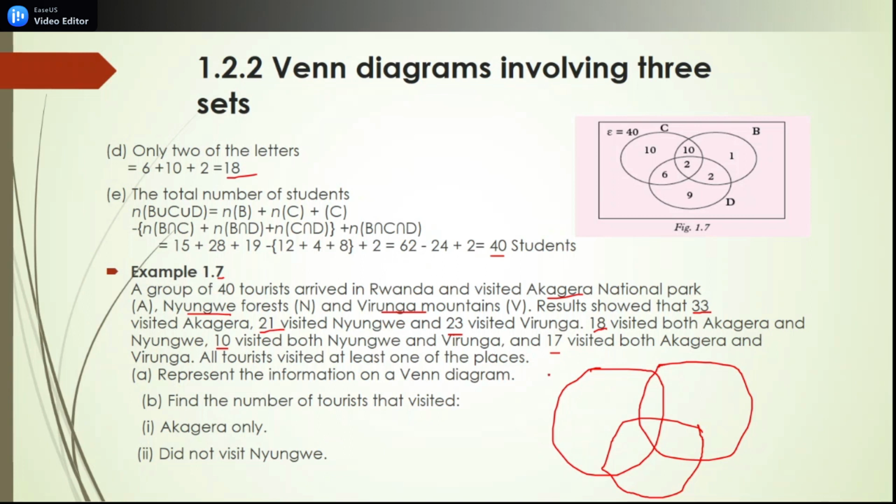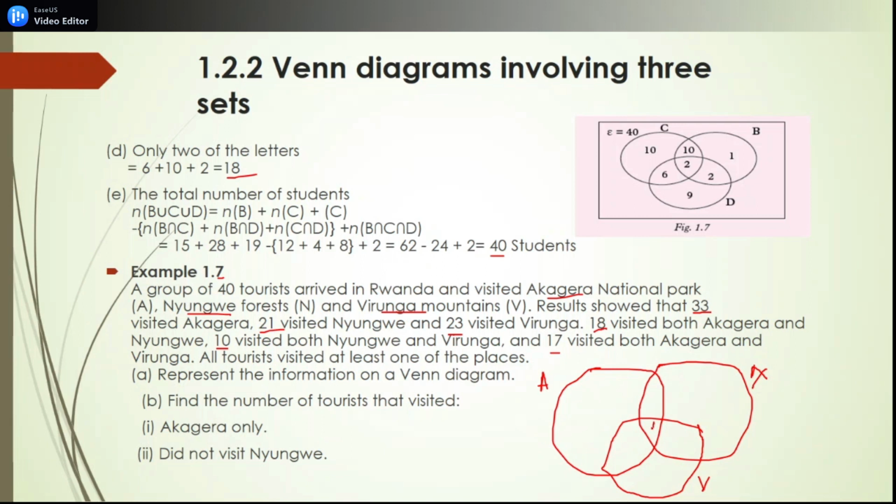Here you have Akagera, you have Nyungwe, and you have Virunga. Then we have those who visited both Akagera and Nyungwe, both Nyungwe and Virunga, and both Akagera and Virunga. All tourists visited at least one. We have to take the element